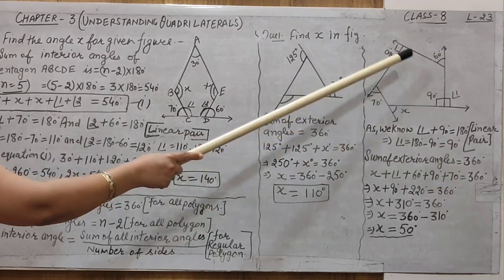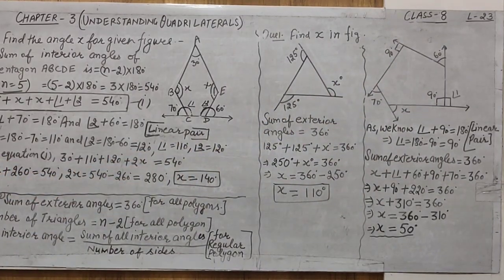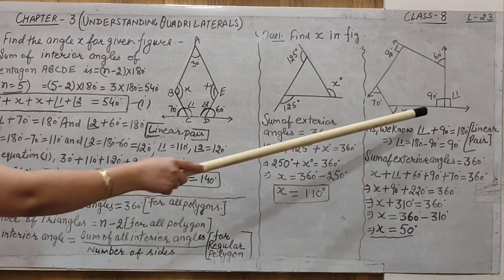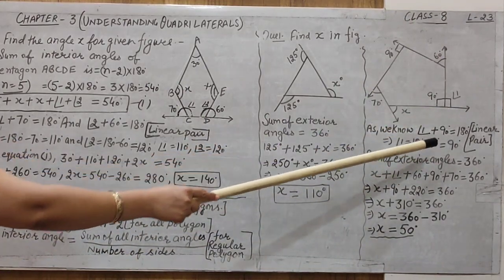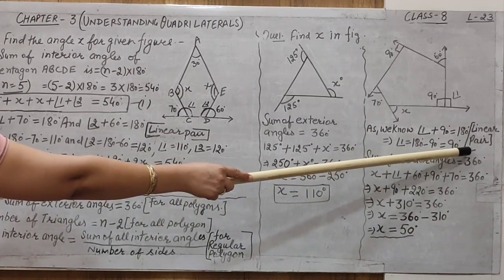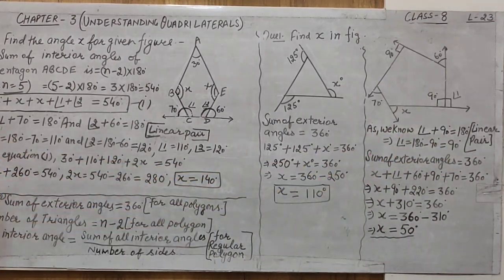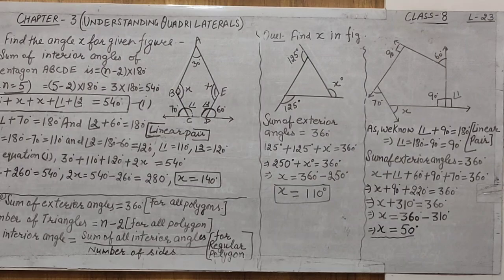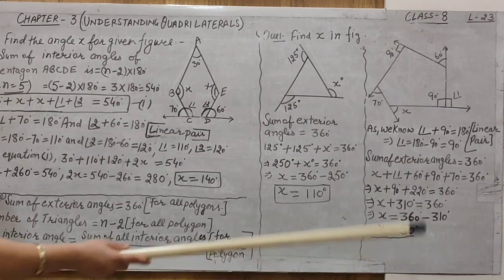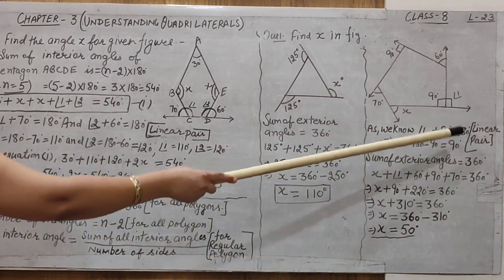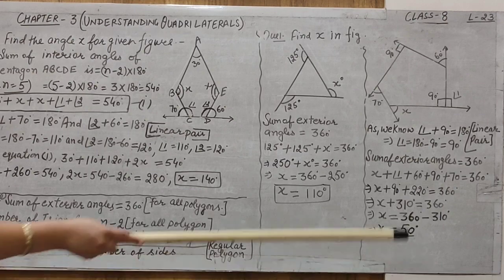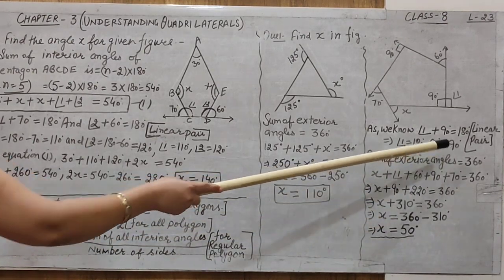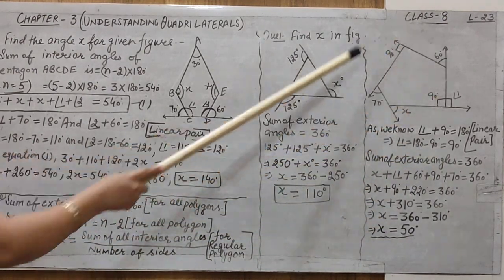One is in the interior and one is in the exterior. So we get 90 plus 1, that is the 180 degree. So using a linear pair, this must be written with the 180 degree, because you are using the property. Which property is used, you must write down. Then transposing 90 towards the right hand side, we get the value of 1 is equal to 90 degree. Then use the property of the exterior angle.